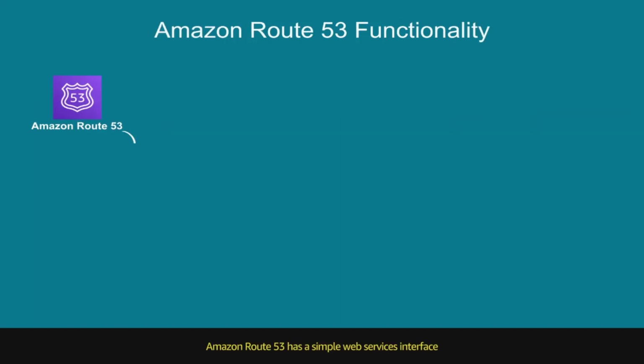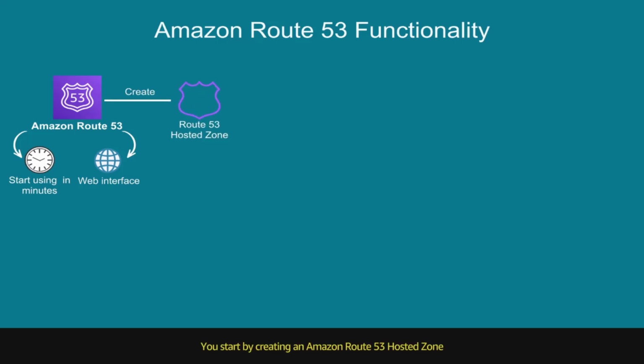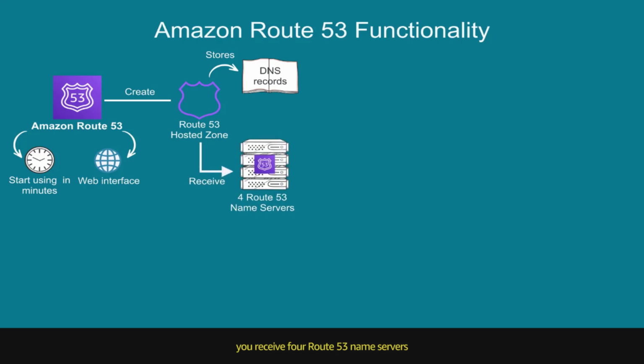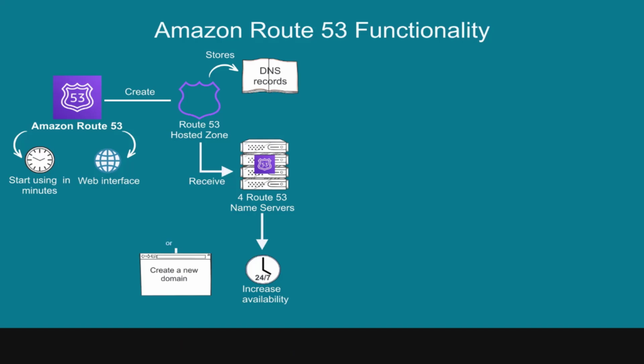Amazon Route 53 has a simple web services interface that lets you get started in minutes. You start by creating an Amazon Route 53 hosted zone that can store DNS records for your domain. Once you create a hosted zone, you receive 4 Route 53 name servers to help ensure a high level of availability for your applications. If you don't have a domain name, you can create one with Route 53, or transfer